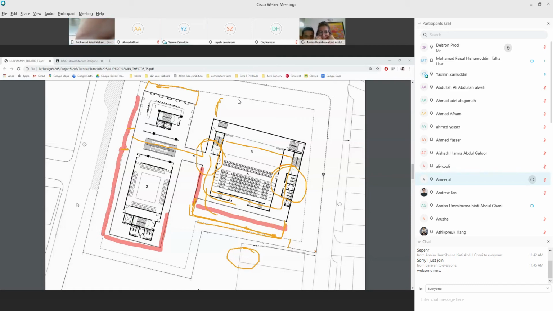Because you are cantilevering on this column ni kan, ada column ni. There's a column there semua. Yeah. Then at least this one you can use up to the same distance. You just push up, then you get a better proportion of the Okay.